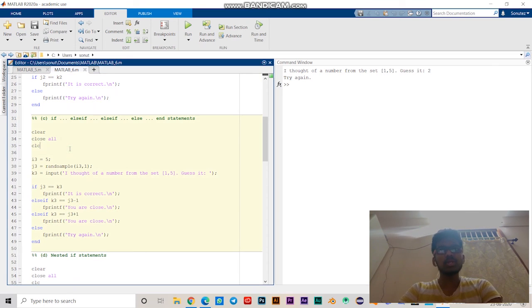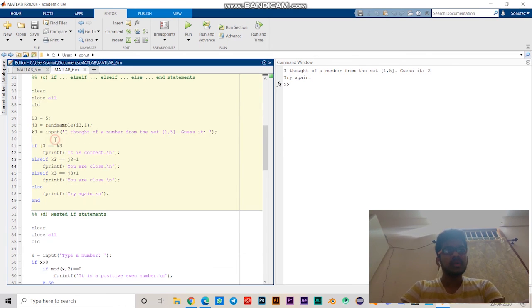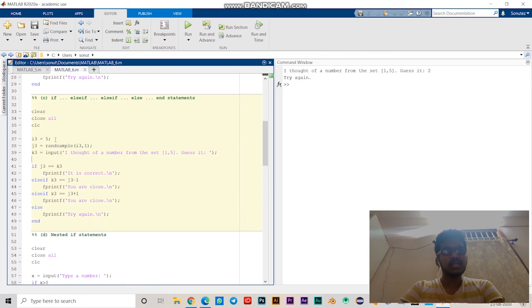If we have more choices then we can have an if statement, else if statement, and again an else statement. In this case we have taken an example. It not only says if we are correct or wrong, it also says if we are close to the number. Meaning if we select 5 but the original number is 4, then it says you are close.